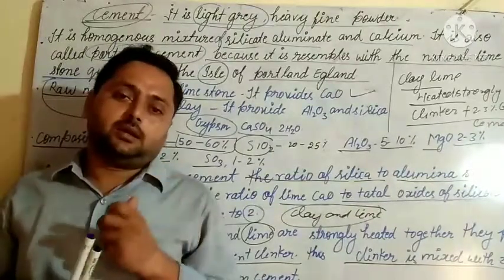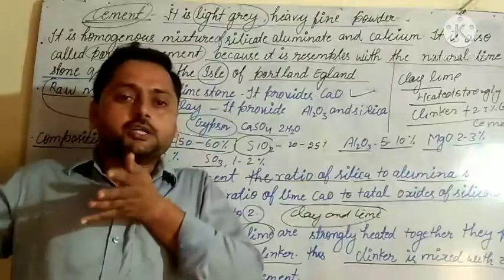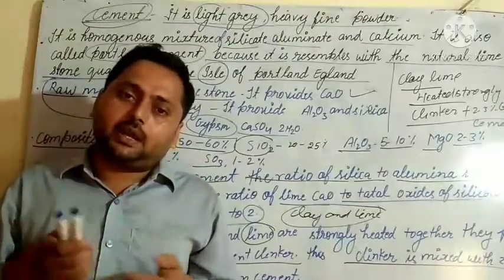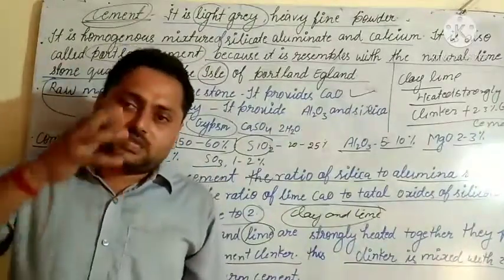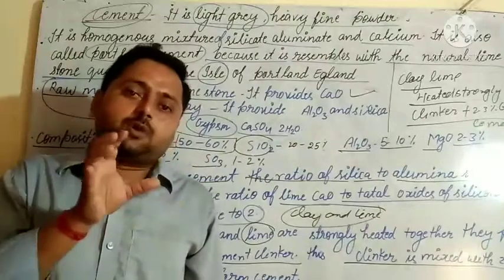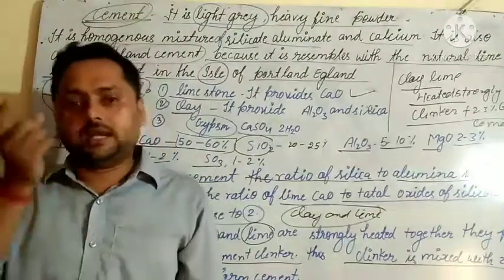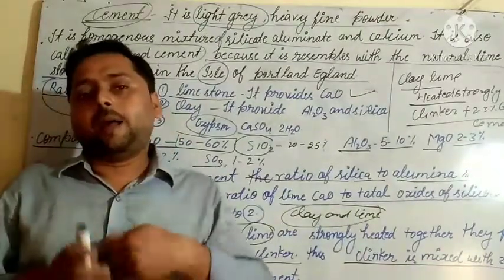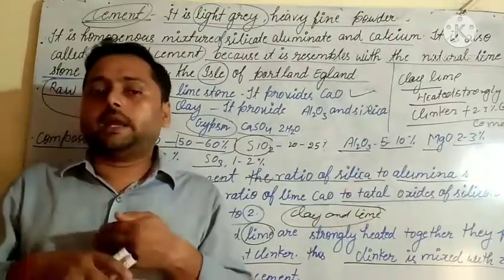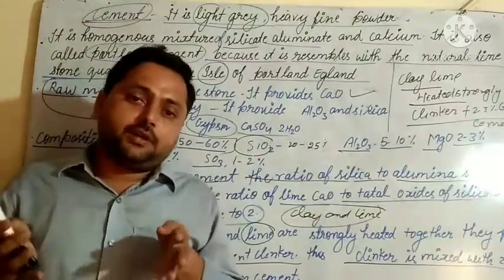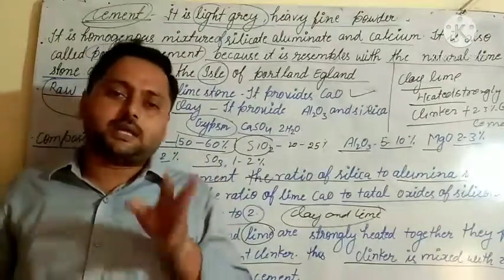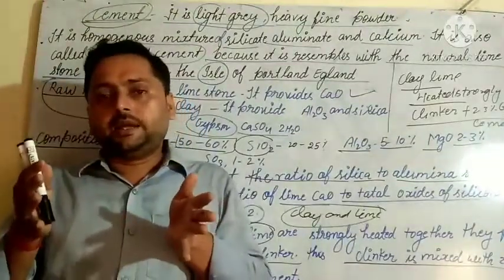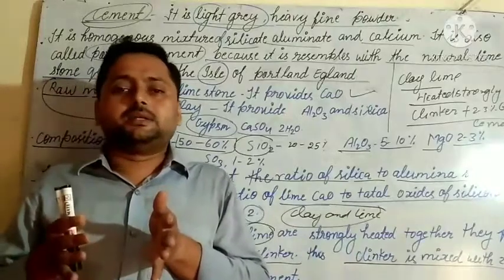We mix gypsum in that. So if the hardness process is a little slower, then the cement will be hard after hardening. It means when some cements get hard very fast, they are not of very good quality. If proper gypsum is mixed in that, that slows down the process of setting, and after that if it hardens, it will be durable, it will be stable. So that is setting of cement. Setting of cement means when we add water, it gets hardened, and that is called setting of cement.